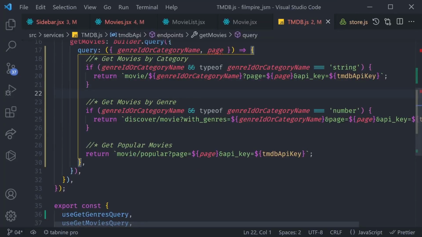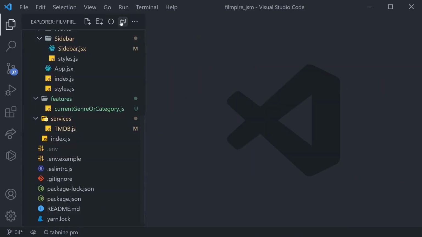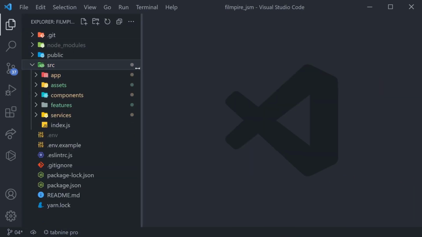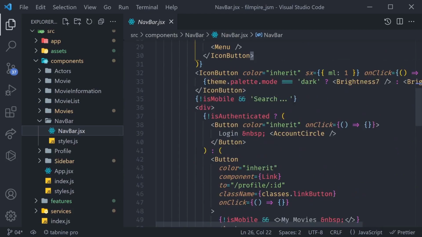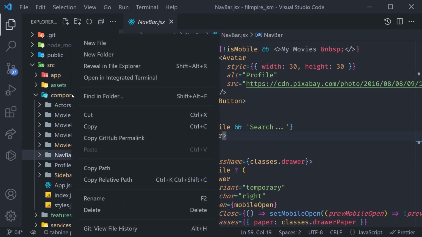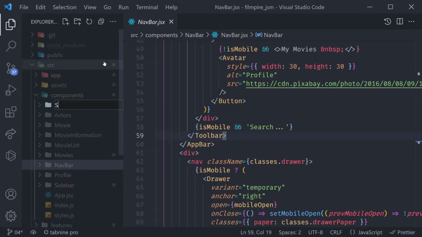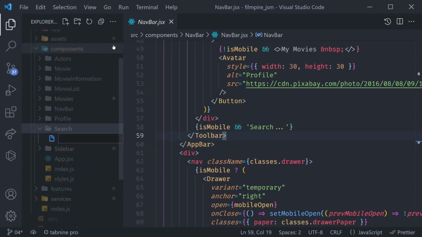To implement the search, I'm going to close all of the currently open files, and we only need to open one. And that is going to be our components, and inside of the navbar, we have our string of search right now. But we need to convert this string into a new component. I'm going to create a new folder inside of our components folder called search. Inside of that search, we can create a new file called